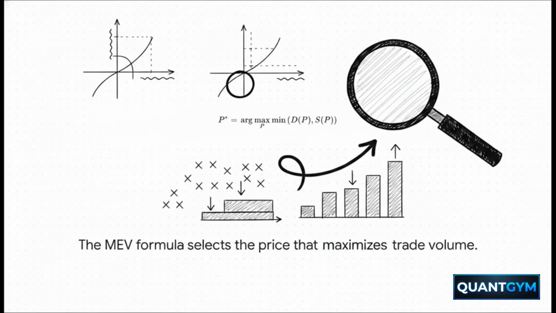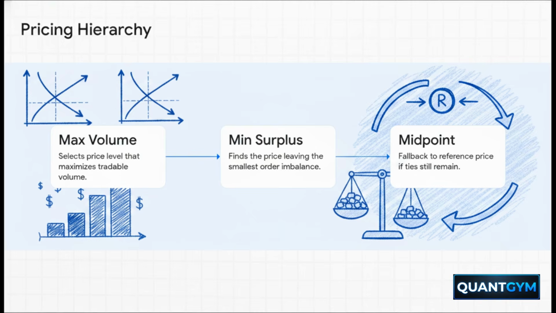So the crucial point is incredibly straightforward. The matching engine scans across all possible price points, and its ultimate goal is simply to find the exact price that maximizes the absolute number of shares changing hands. The core algorithm is represented by this maximum executable volume formula, and it basically just dictates that the price facilitating the highest total trade volume wins. But of course, you might be wondering, what if two different price levels result in the exact same volume of shares being traded? Well, the algorithm relies on a highly systematic quantitative hierarchy.